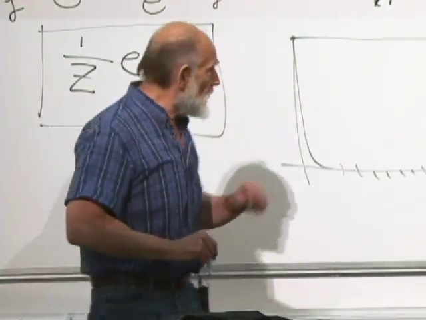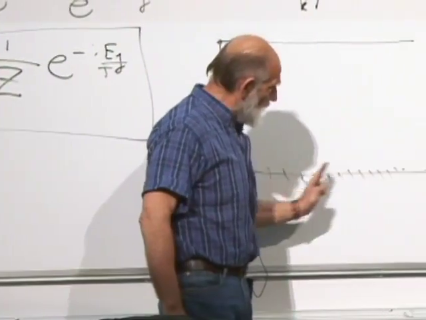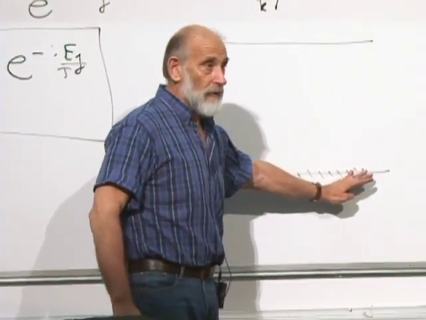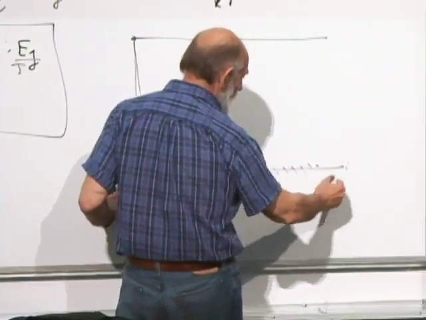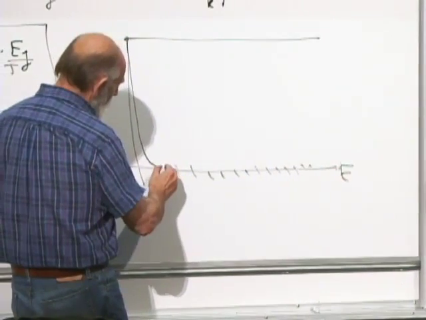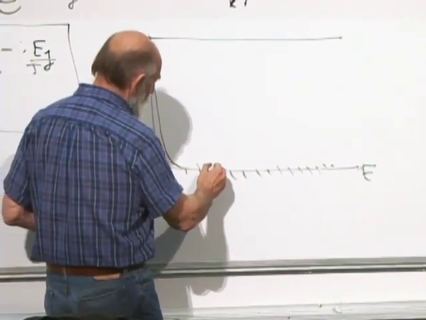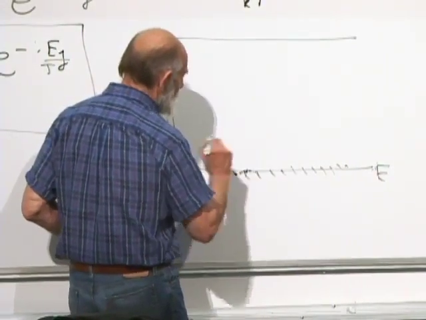All right. Now there's another element here. The typical states of a system are not equally spaced like this. If you were to write not state number here, but energy, you would find out that the low energy states are fairly well separated from each other, and they get denser and denser and denser.